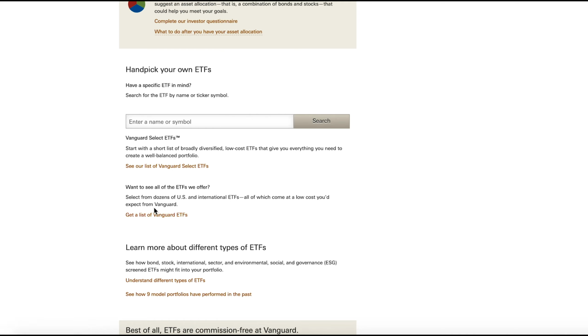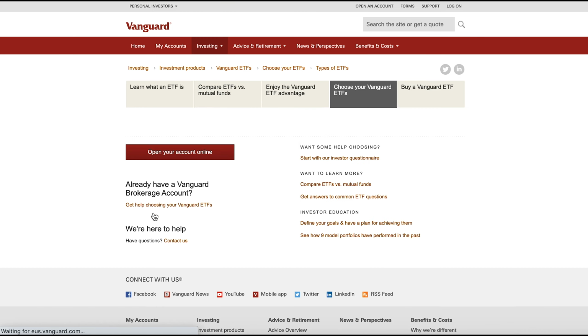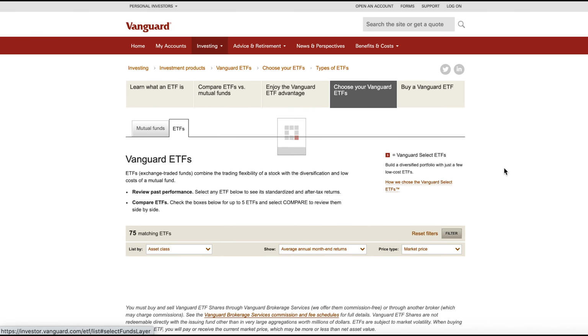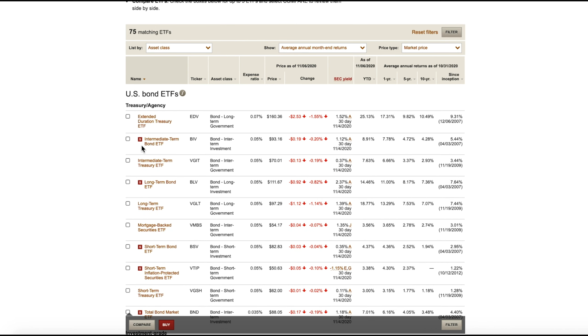So we're going to look at all of them, but what this Select ETFs list is basically, if you're not sure what you want to look at or what you should be looking at, Vanguard has pre-selected a group of pretty good ETFs, or at least what they identify as good ETFs, and you can look through them there. But if we go to this full list, you can also see them from here. They'll just have a little red box that has an S in them,